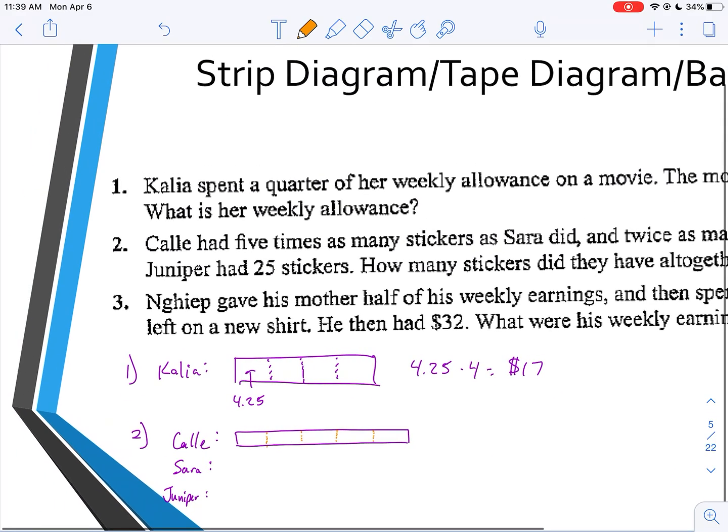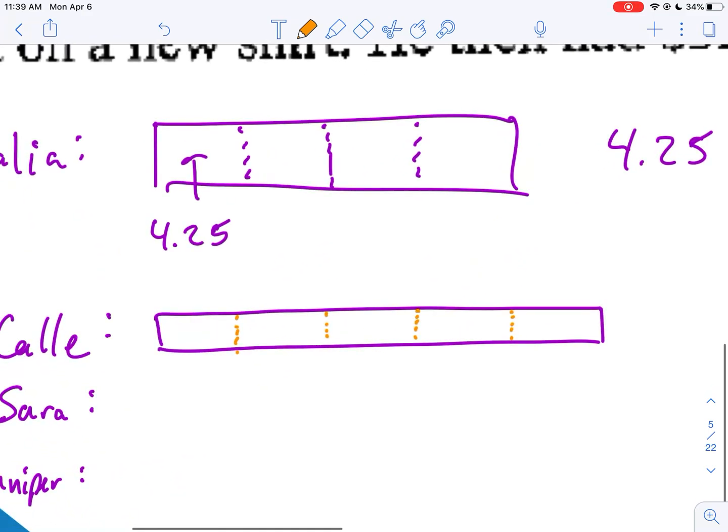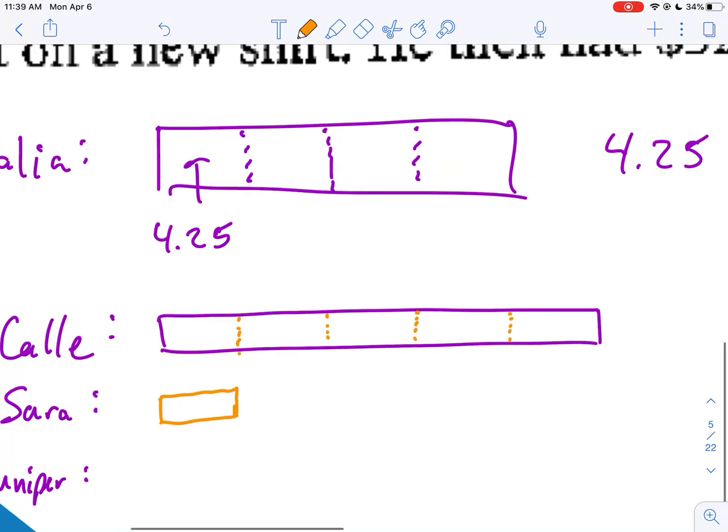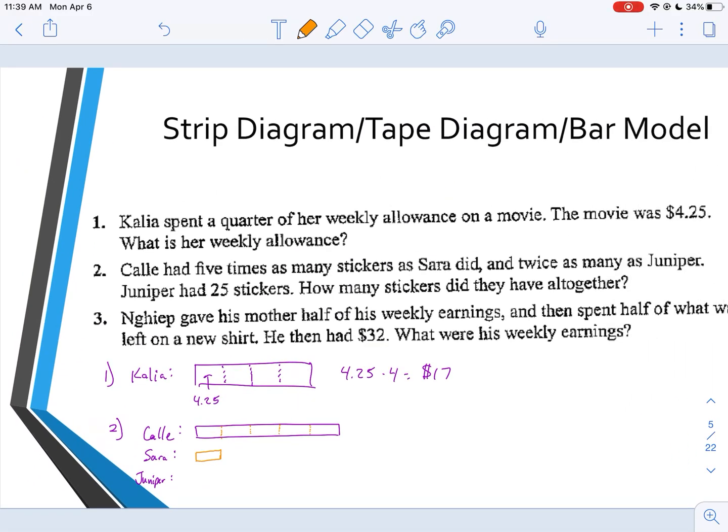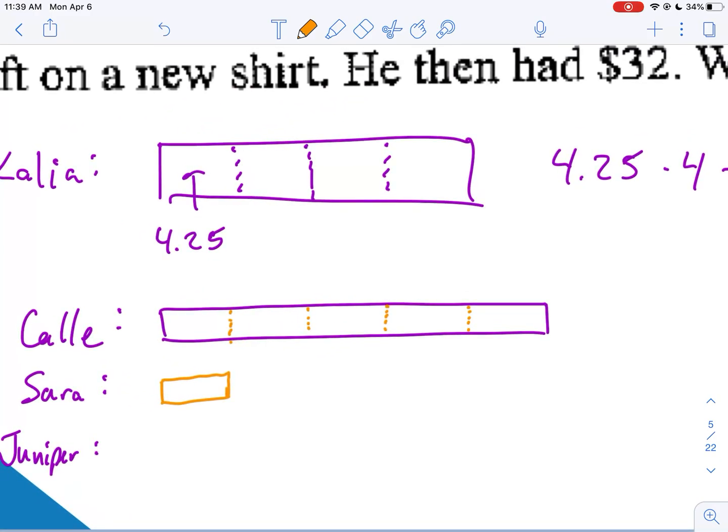And so Callie had 5 times as many stickers as Sarah did, so Sarah is going to have 1/5 of Callie. And then Juniper, Callie had twice as many as Juniper. So Juniper is going to have half as much as Callie here. So if I chop this in half,